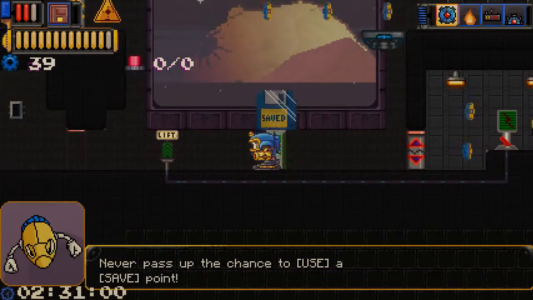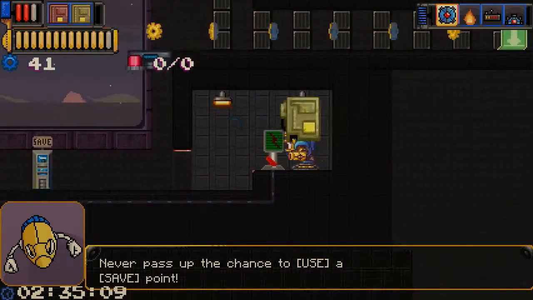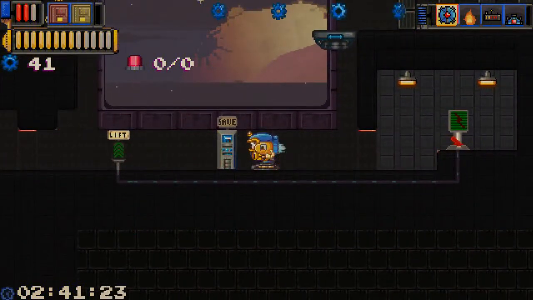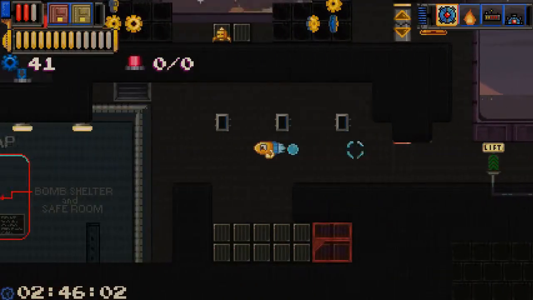Although, to be fair, even really good games have that problem sometimes, so I won't hold it against it too much. But anyways, yeah, we have various sub-weapons. We have the grenade, which you saw back there. We've got this cool little missile here that you can, kind of like what was the name of the